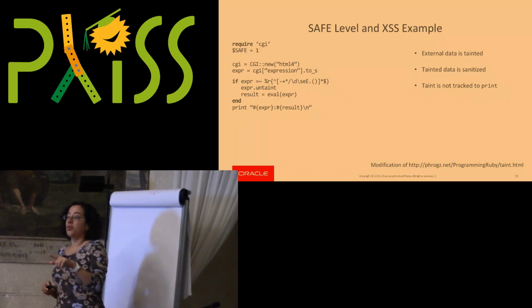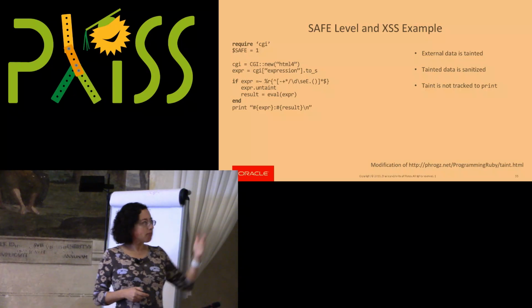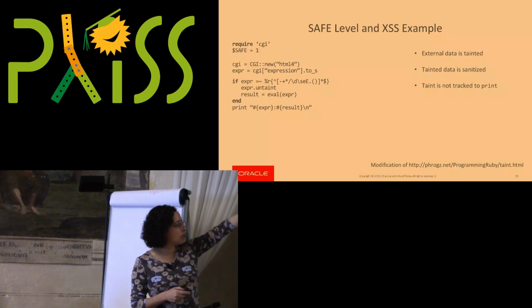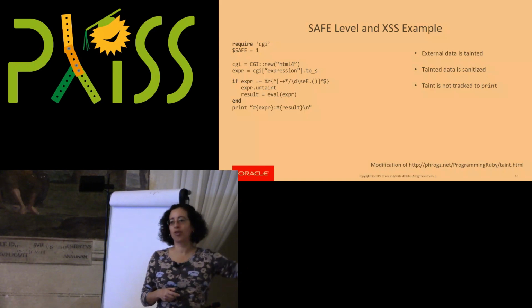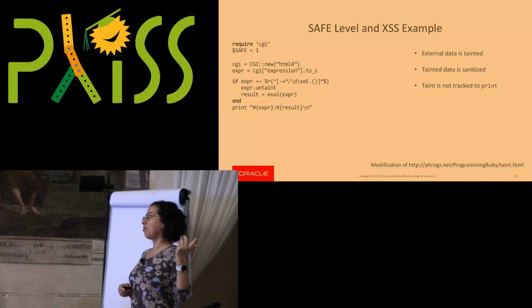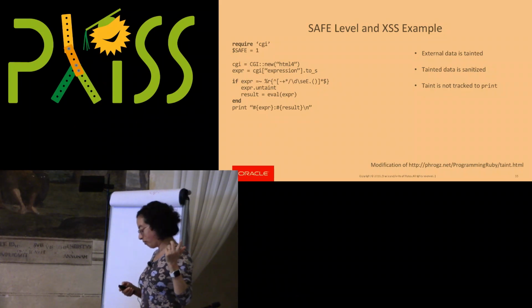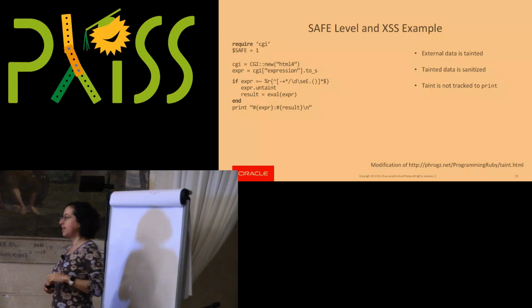So that's pretty good, right? It prevents certain types of issues. But notice that in this very simple variation of the same code, actually it's just the same code with all of the comments, we do have a cross-site scripting type of attack that can happen. Right? Can anyone see it?